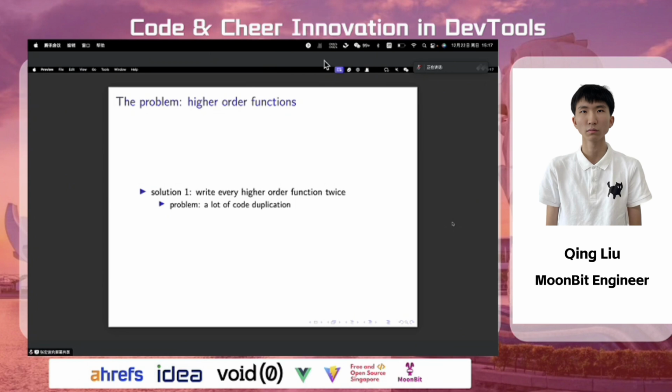Literally, every higher-order function needs to be written twice with almost exactly the same function body. So this is quite bad. Can we do better here? Actually, yes. The stackless approach requires that every higher-order function must have two versions, one synchronous version and one asynchronous version. However, we can let the compiler generate these two versions of the same function for us, and this is